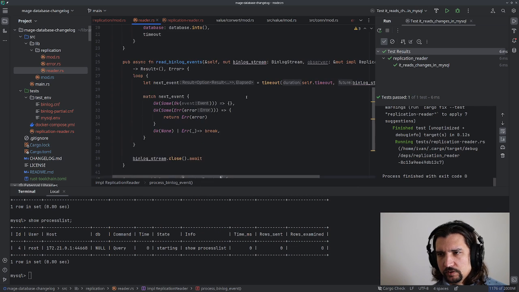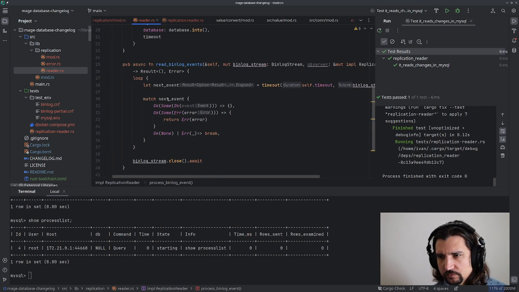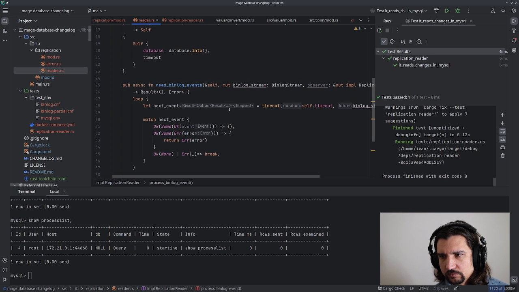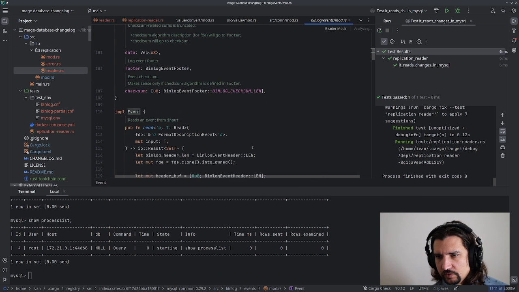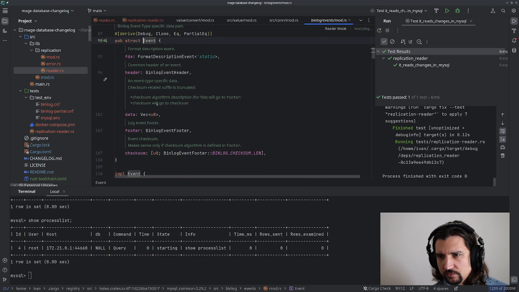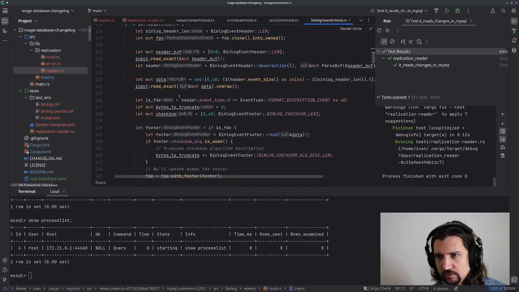And then we're going to pass a stream itself, right? So let's see, because I think I need to get access to